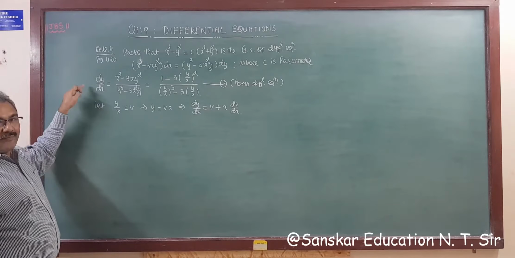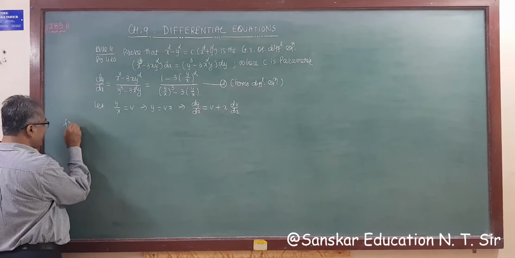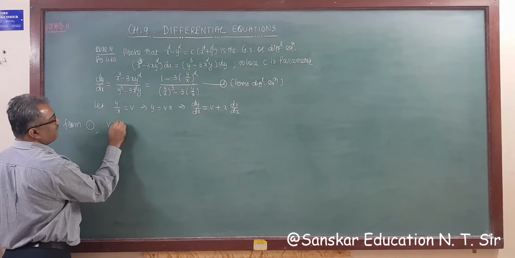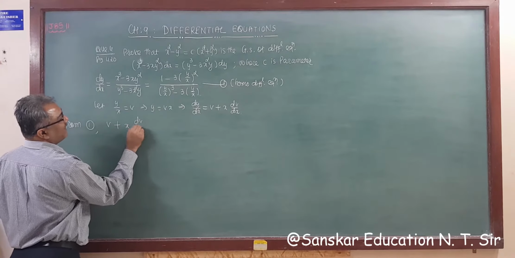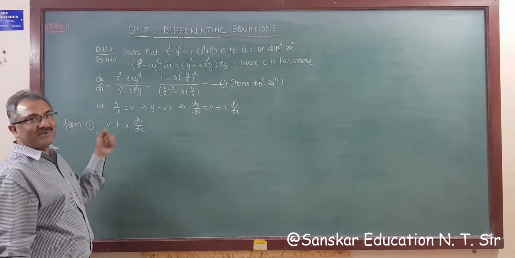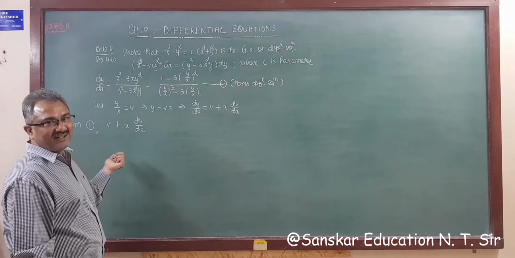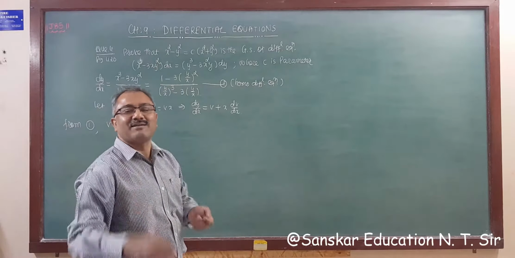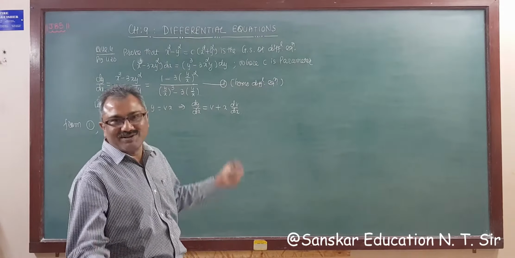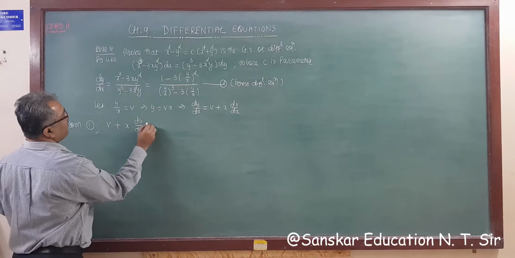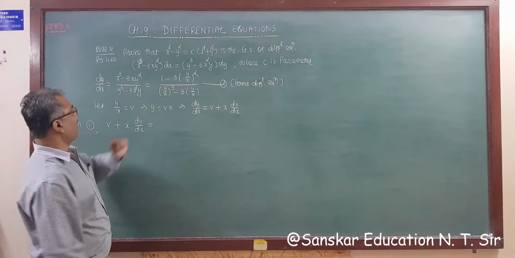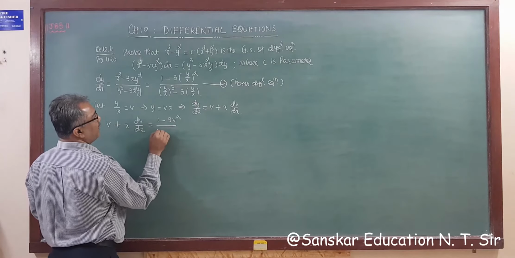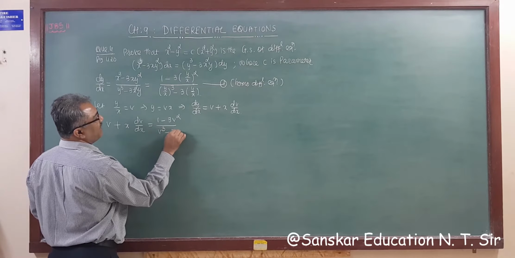So from equation number 1 we get, I'm writing from 1 here for saving space, right? dy by dx is v plus x dv by dx, because the necessary steps have to be written, we cannot avoid them, right? It's not that you write the differential equation and then just write, this is the solution of this differential equation, we cannot do that, right? So this is equal to 1 minus 3v square whole upon v cube minus 3v.